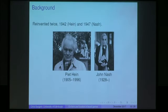I was fascinated to learn that this game was only invented in the 1940s, and even more interestingly was simultaneously invented independently, firstly by Piet Hein, the Danish mathematician, and by John Nash, the American. Right? We talked about, Sir Michael I think talked about history and connections. These things happen all the time. It's fascinating to me that this has happened. Such a rich game was reinvented in a short...